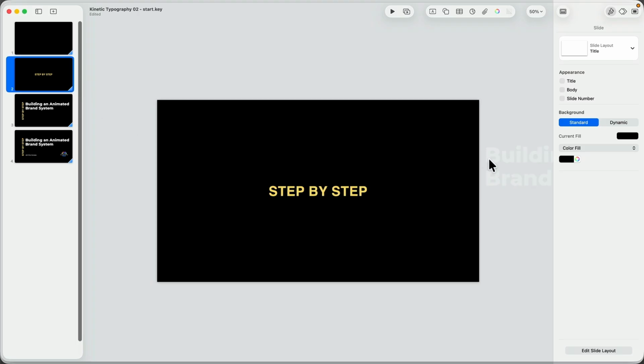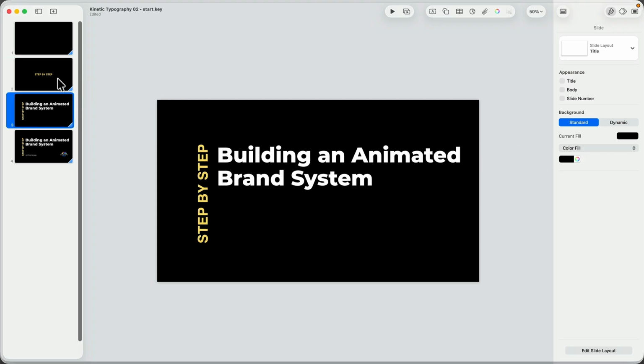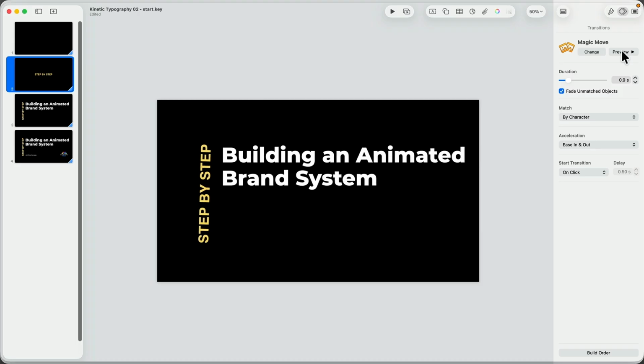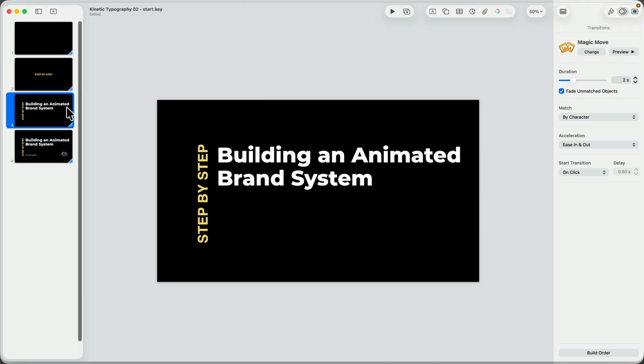So that will animate from slide 2 over to slide 3. This one will make this take a little bit longer. The larger things are on screen, you want to slow them down a little bit. So this one will bring this down to maybe 1 second. Let's hit preview. So now we get this nice rotation of step by step as the title comes in. Maybe you make that a little bit faster, 0.9. That comes into place. Come down to here.